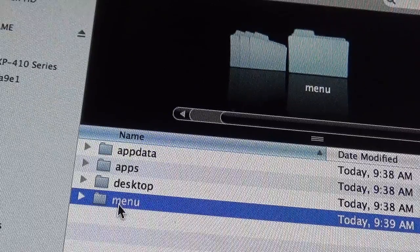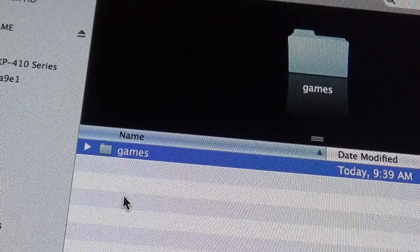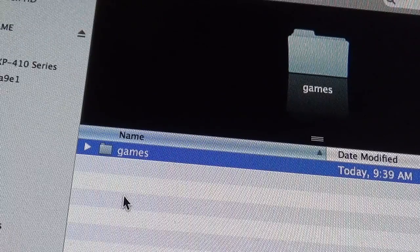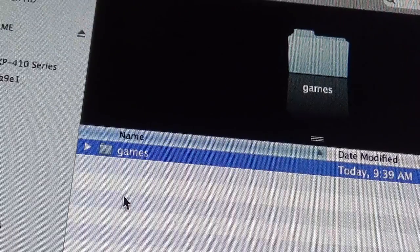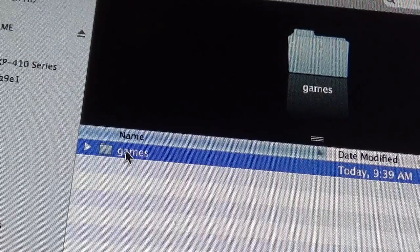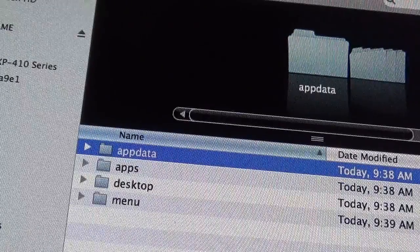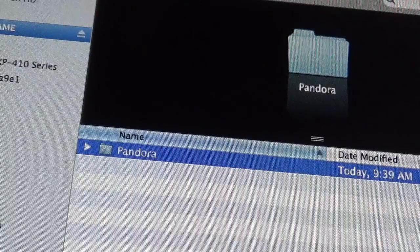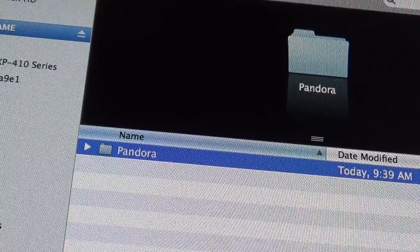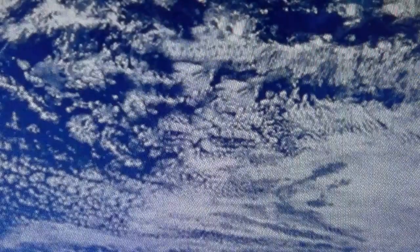Now again, your menu. You have your games inside your menu folder, and the games are all the open source games that are available legally for free. Some are paid, and for the most part all you do is take those files and stick them in your games folder, and I'm going to show you that on my card that I already made up. So that's it. That's how you get yourself started. When you put this card with these folders inside the Pandora, it recognizes it all automatically. So, with that said, I'm going to